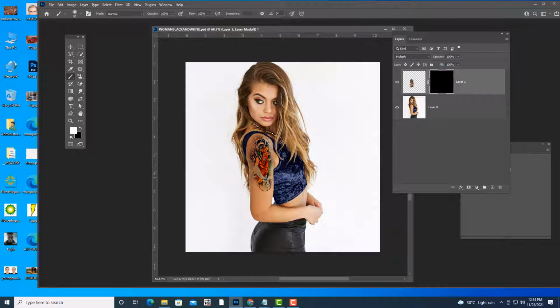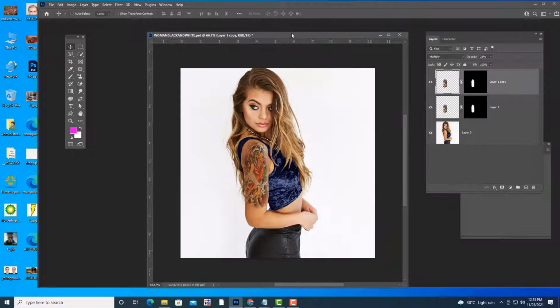Don't paint completely. You paint till here, and then I am going to reduce the opacity a little bit. And if you want a little bit more darkness, you can actually take a duplicate of this layer, Control J, and you can reduce the opacity further as well.